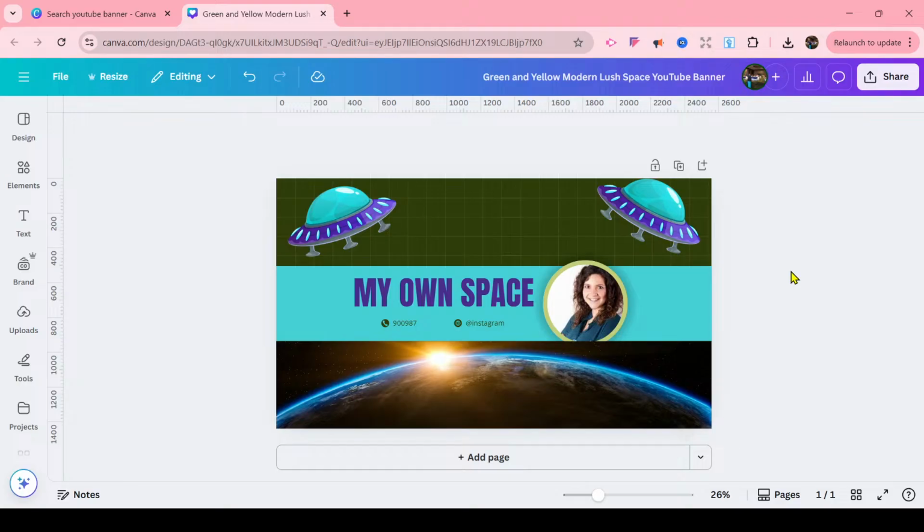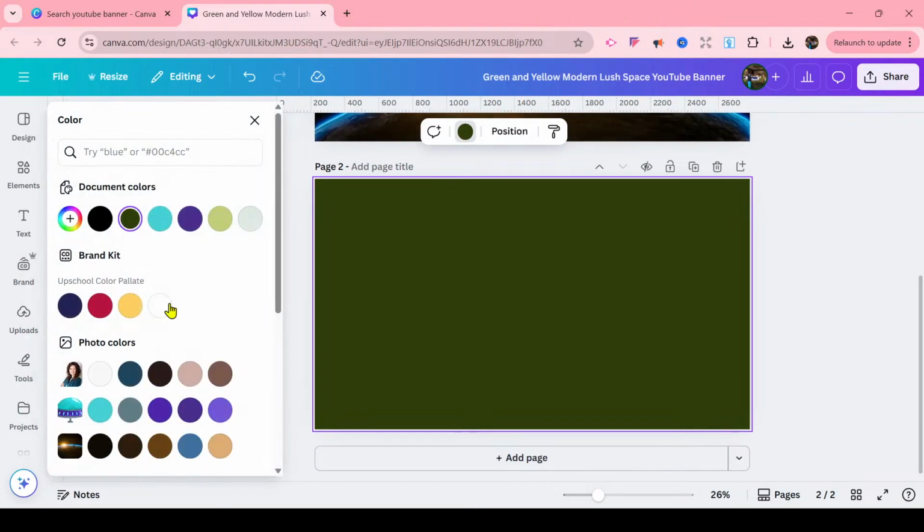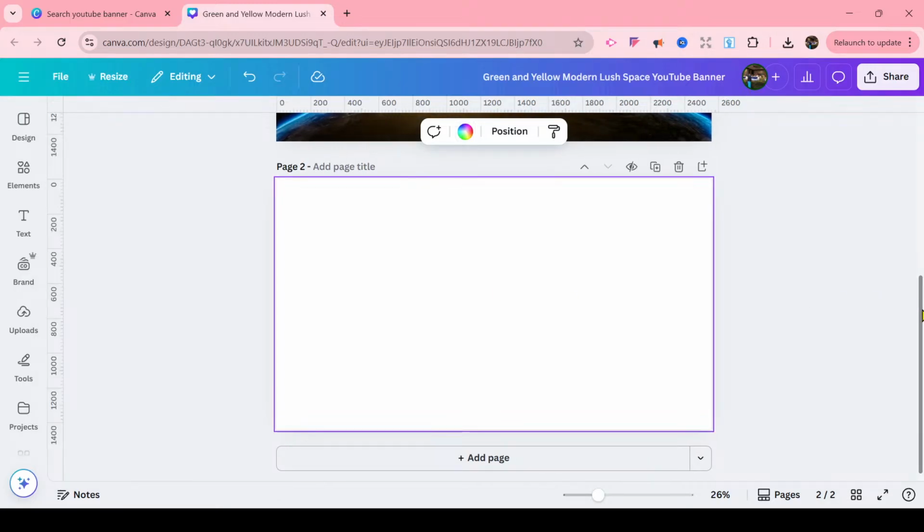So sometimes we are not much happy about the ready-made templates available. For that, what can be done is we can actually go to a blank template. Let me add a space. Let me change the color to this. Yeah. So I'm going to teach you how to go with